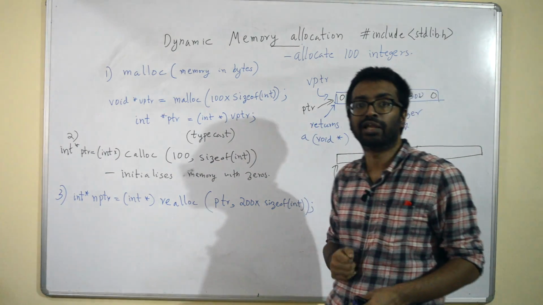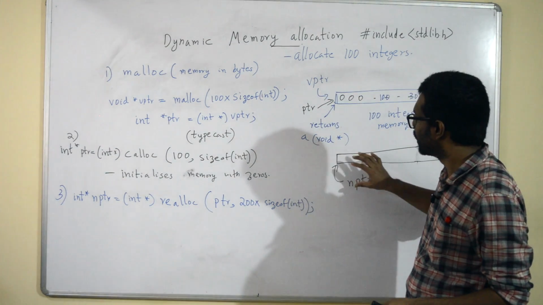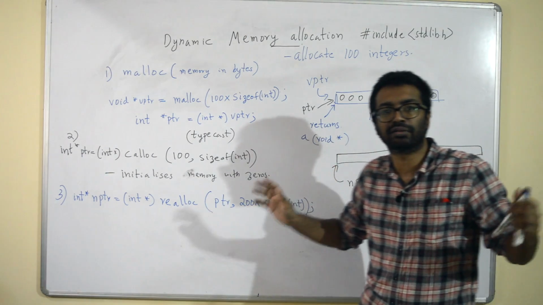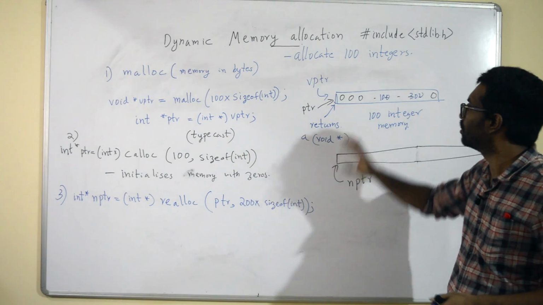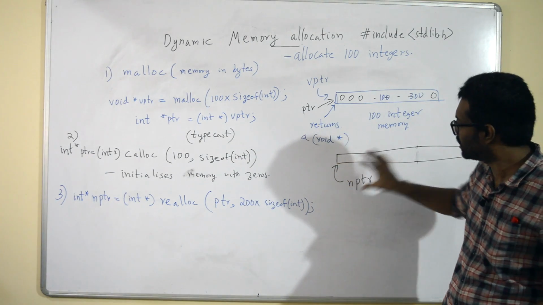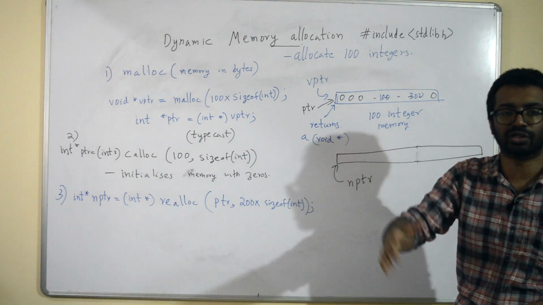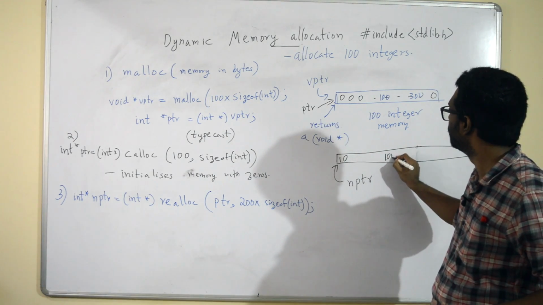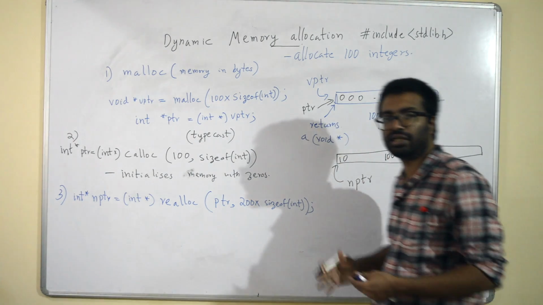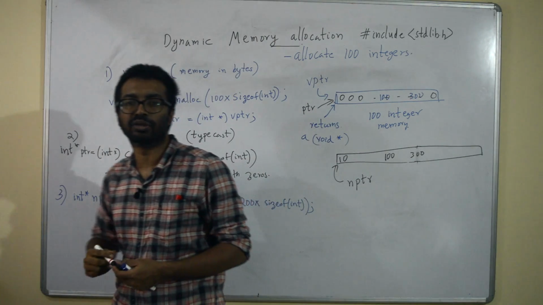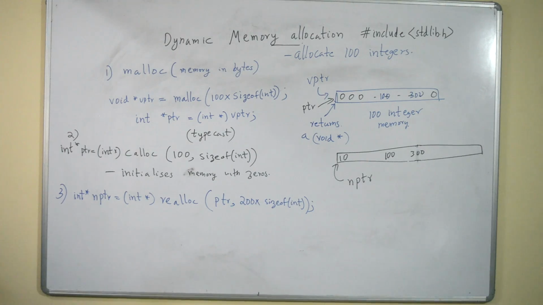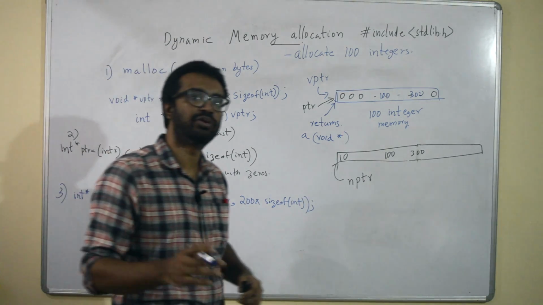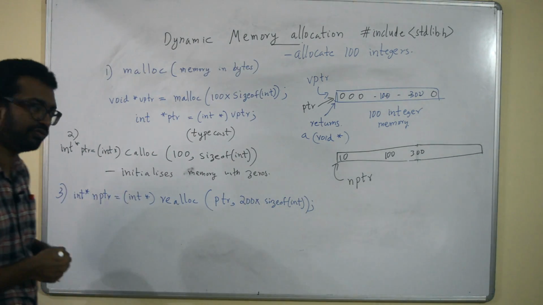No, realloc helps us in this. Even though it allocates a larger array with 200 integers, it will ensure that the first 100 integers are exactly like your previous 100 integers. So this will be the same, 10, 100, 300, it will all be exactly like it was in your previous array. Finally, we are coming to the last function called free.